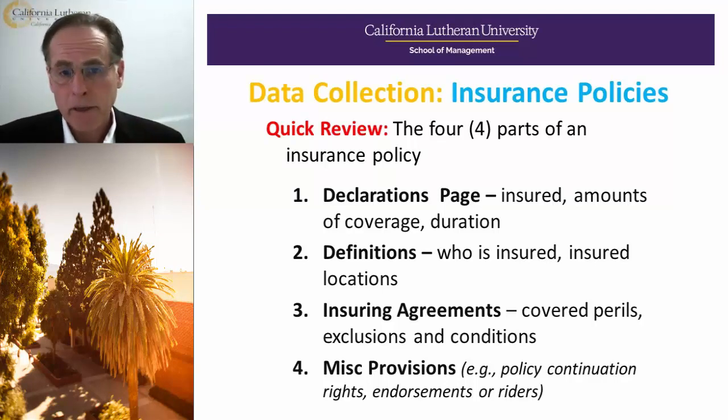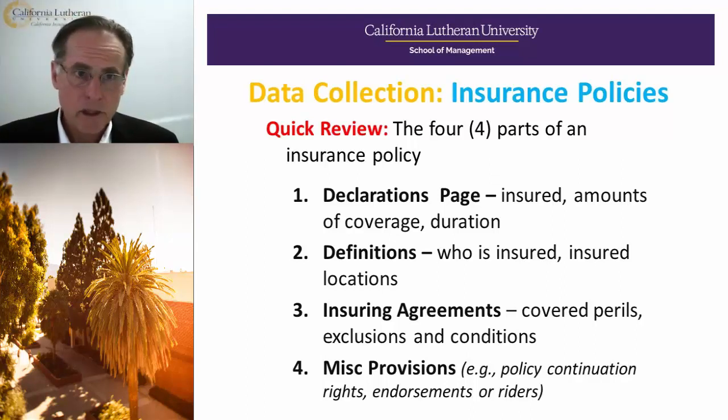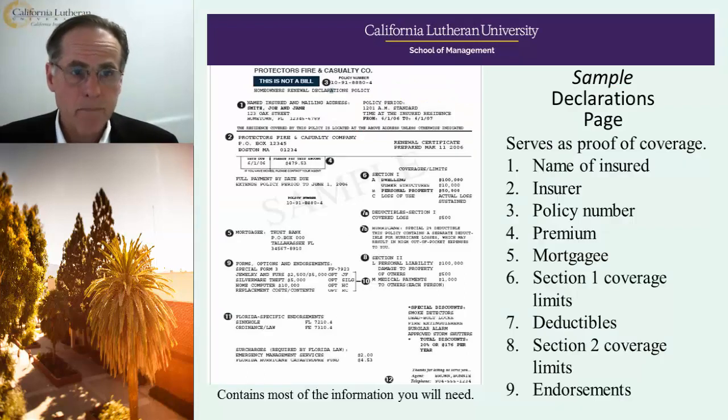And the reason I brought it up again is because when you're collecting data, quite often you won't get the entire policy. But sometimes that declaration page will have most of the information, or maybe even all of the information you need to start figuring out where the client is. Now, here's a sample declarations page for P&C. And you can see, number 1, the name of the insured, 2, the insurance company, 3, the policy number, 4, the premium being paid,